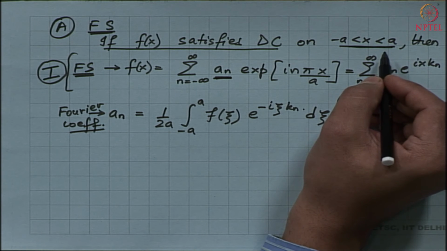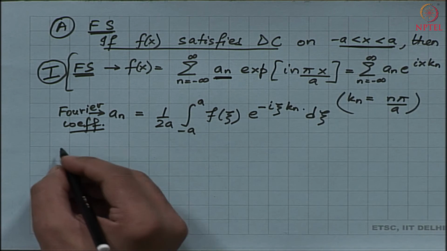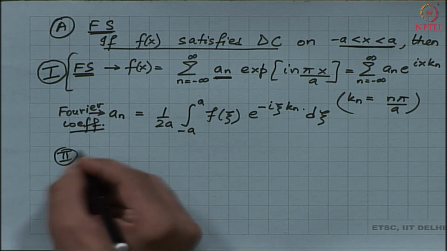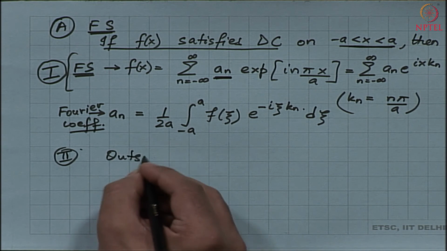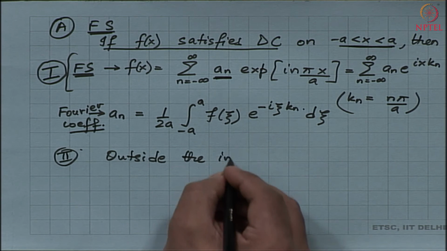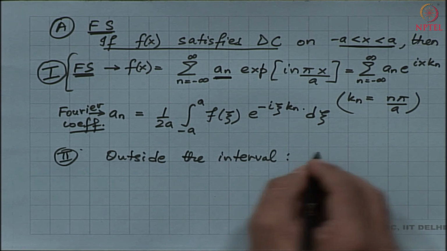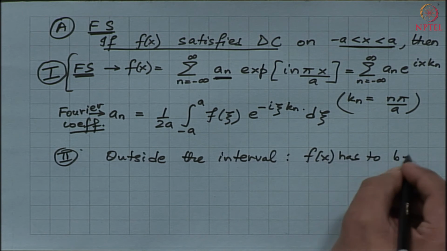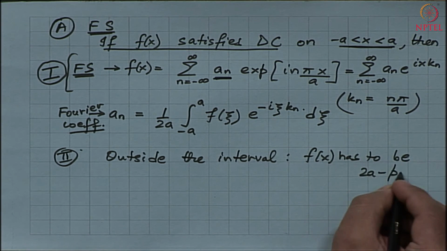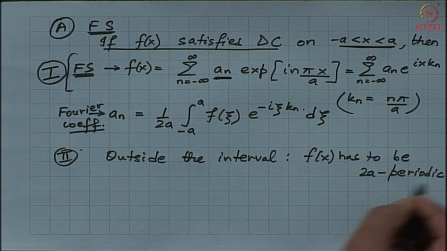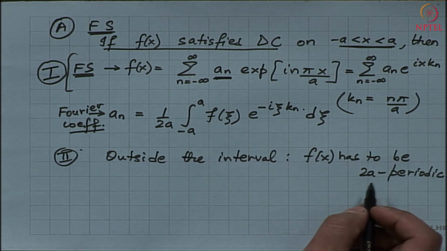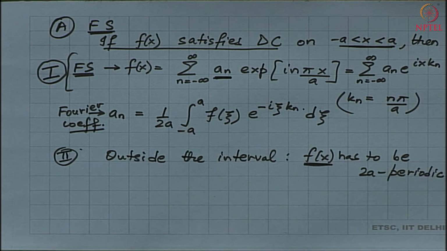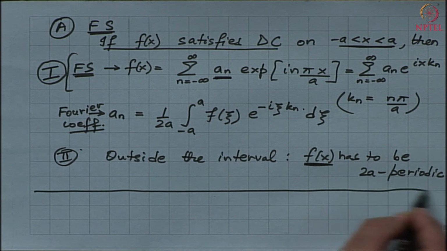So, suppose I want to use the concept of Fourier series, we must have the fact that outside the interval my function f has to be 2a periodic. So, Fourier series are necessarily for the case where the function f is periodic. Now, in the case of non-periodic functions,